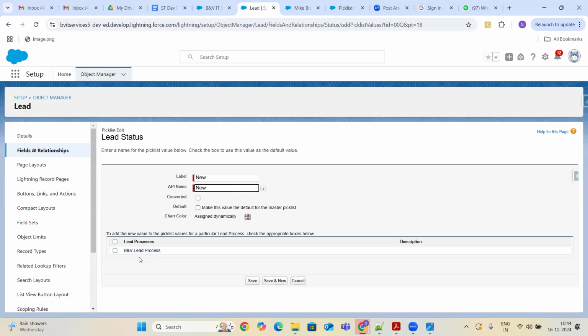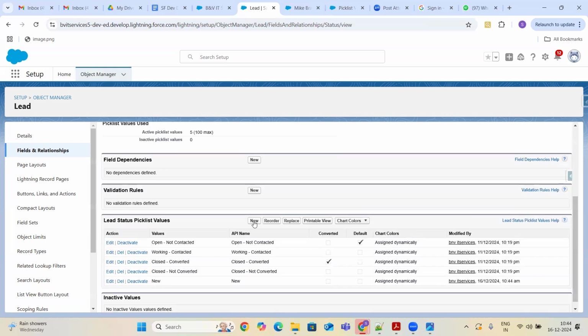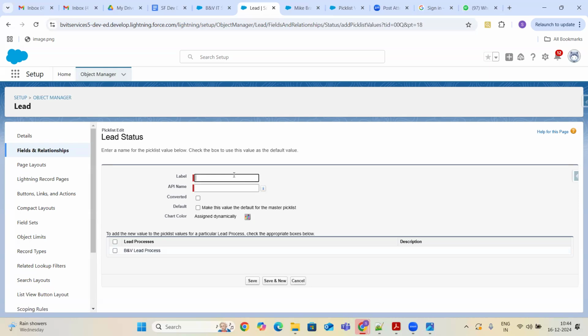My own lead process, B&B lead process. So I can add this to the B&B lead process. Let me add one more thing, a processing value also.